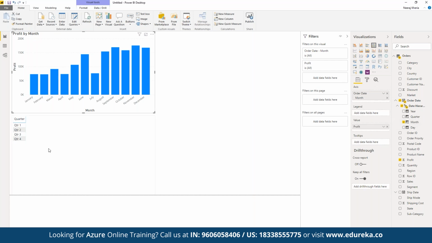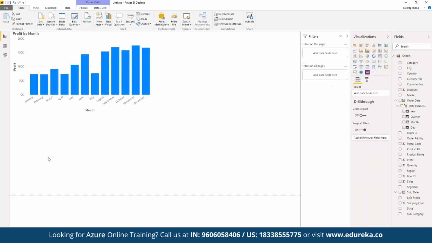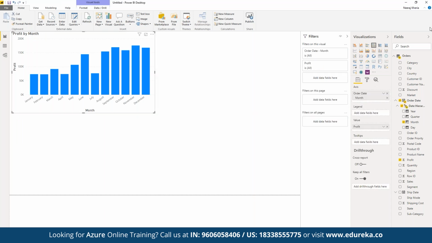But here we want to make sure, just to avoid confusion, we can remove this. Now here we can choose this table, and now we want to display the variation in terms of year. But again, here we also want to display in the legends the multiple quarter data set as well. For example, we want to display the year-wise data set, but again, here we want to make sure that we are segregating them based on the year-wise performance.